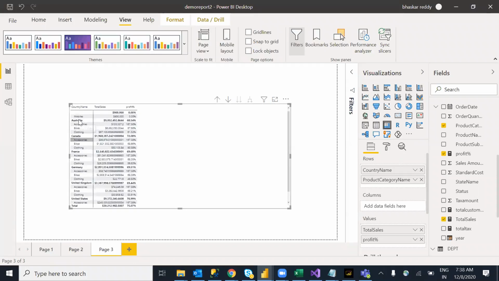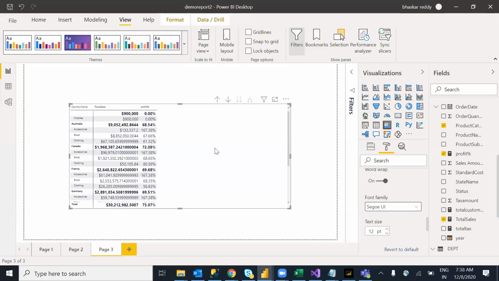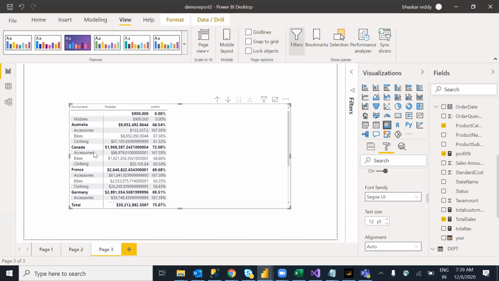Now it is coming as one by one country name. Then under Australia, 3 product categories are coming. Let me increase the font size under values. Same properties here and there, table and matrix. The main thing is we can display data in columns and rows. This is nothing but row headers. I have increased the values, but this will come as row headers, column headers and row headers. Now we can say Australia.